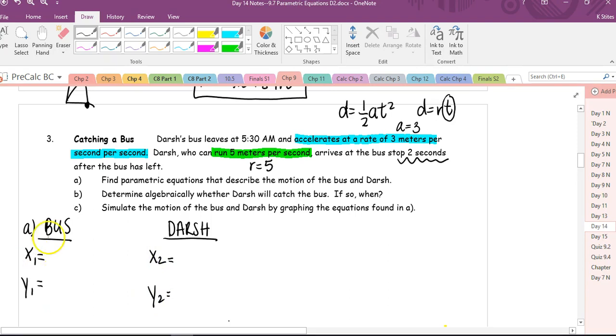Okay, so x is really this because his distance is traveling, or his distance is in the x direction. So we have 1/2 at squared,